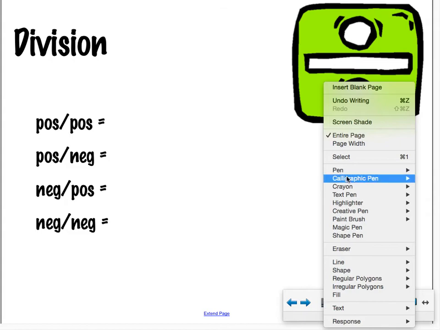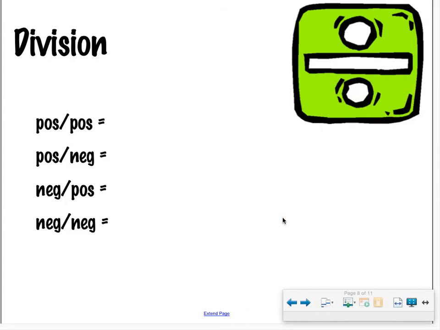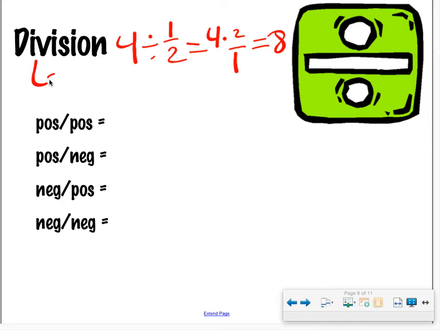And finally, we have division. So we talked about division having the same algorithms as multiplication. Why? Let's think of it as fractions. If I'm doing 4 divided by 1/2, that's the same as 4 times 2/1, right? So it makes sense that we use the algorithms from multiplication for division. So not that there's any fractions on your test, but just so you remember that division is the same algorithms